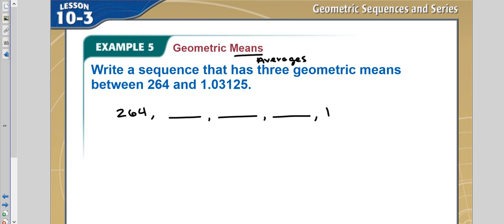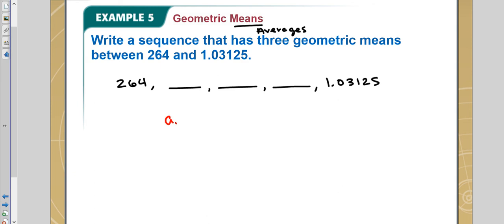Oops, that's not it. It's 1.03125. And if you remember from arithmetic sequence, we're going to use the explicit formula to solve this, where we have a sub n equals a sub 1 times r to the power of n minus 1. Now in this case, we're going to say this is a sub n, or if we count it up, and this is, by the way, our a sub 1, we'd have 1, 2, this is a sub 2, a sub 3, a sub 4, so this must be a sub 5,